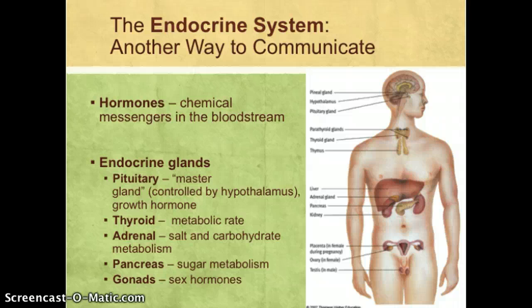The next set of glands that are interesting to us are the thyroid glands. They're sort of in the lower part of your throat. Sometimes when you go to the doctor, you may notice that they kind of feel your throat and squish on it a little bit. And sometimes what they're doing is they're actually checking your thyroid to see if it feels unusual or enlarged. Now the thyroid secretes hormones that regulate the metabolic rate, or the rate at which we use up our energy.